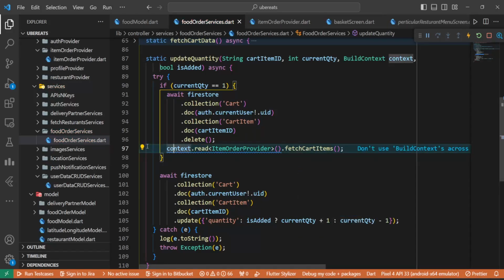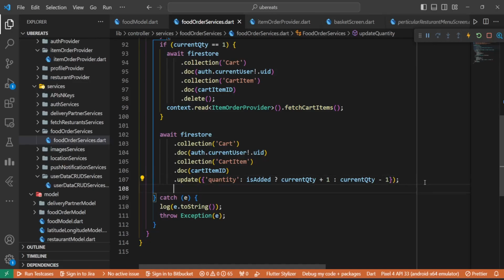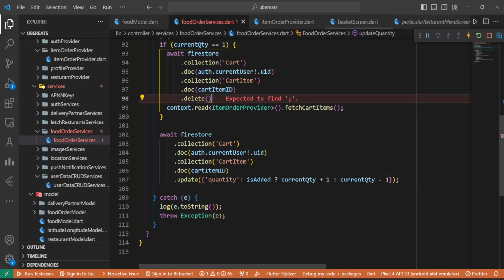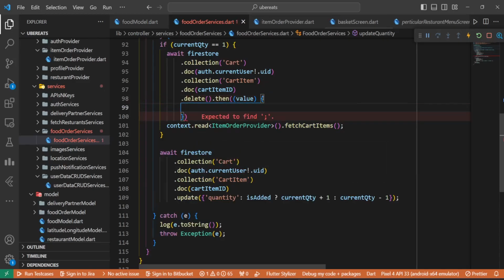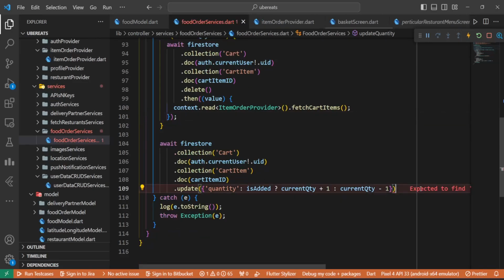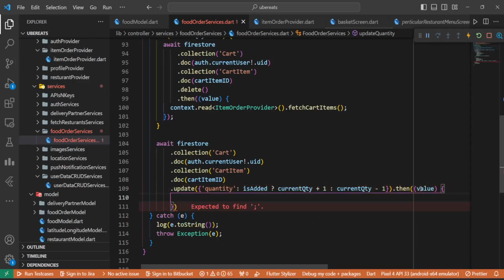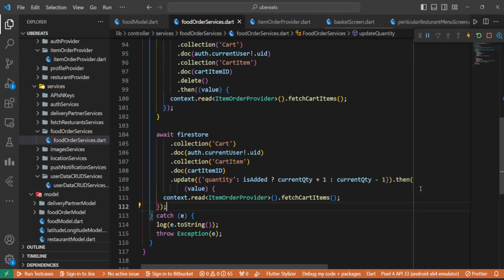So we will remove, or you can say ignore this, copy this same code and paste up here. Dot then, we will paste this code, not here. And after updating, we want to do the same dot then, and we will update the cart. Now let's save it,